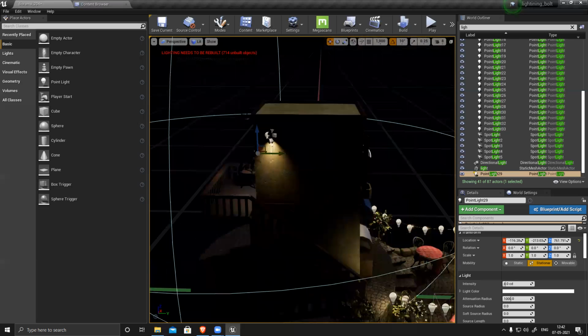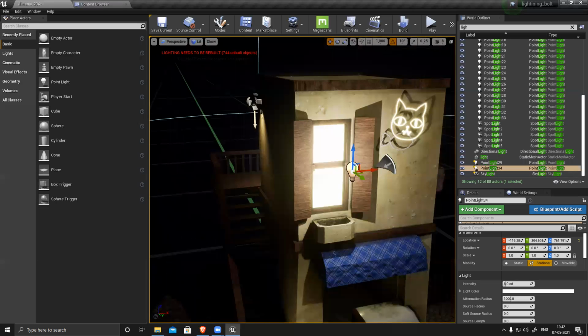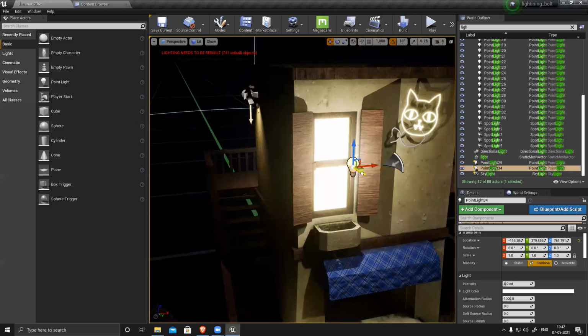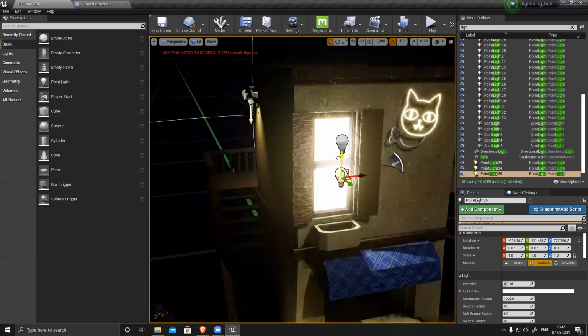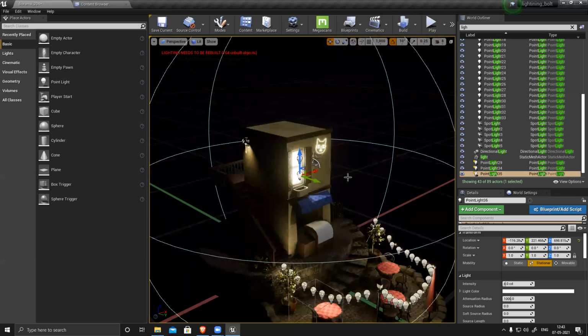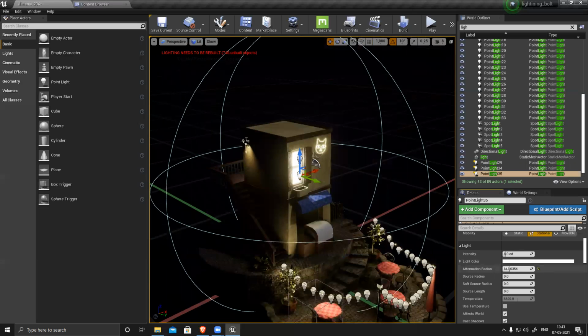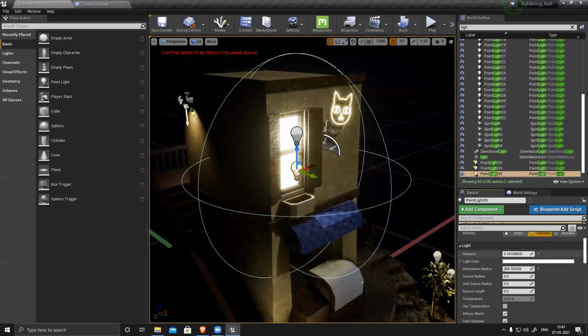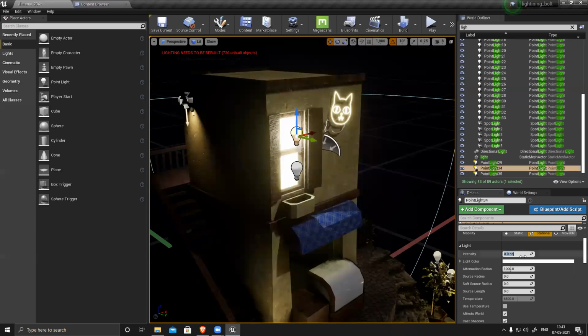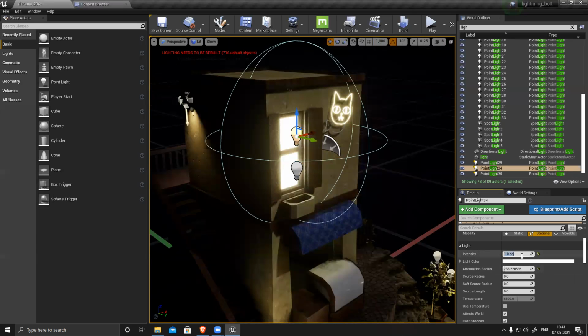Similarly, one light here, another light here. But their diameter is really huge and intensity also really huge. So reduce the radius and reduce the intensity. Maybe one. Reduce it. One is too low. Two is fine.